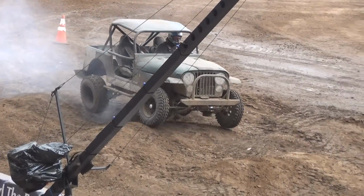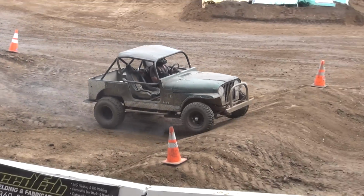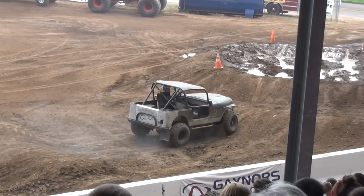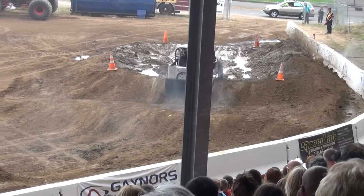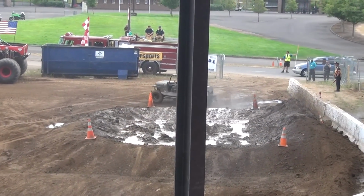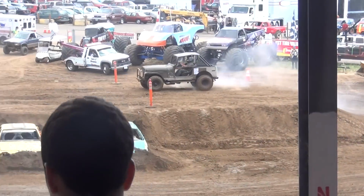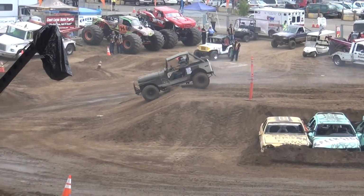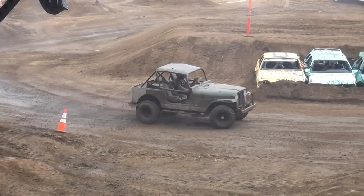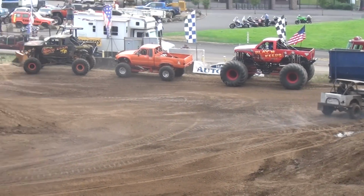Having trouble in the stutter jumps. Just smooth and easy, out and down. Here he comes, going right in front of the grandstand. Now he knows that he's an experienced racer. He understands that you do not go fast in the air. You go fast when the tires are on the ground. So he's trying to keep him on the ground as much as possible on his way to the finish line. Adam Dow. Not a lot of heroics, but it was a good, clean run. 51.7. And up next, we have last night's